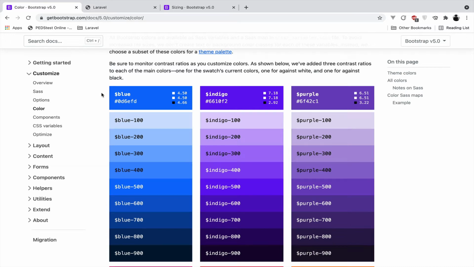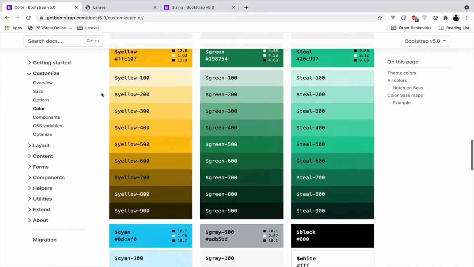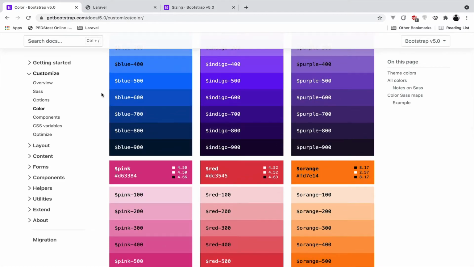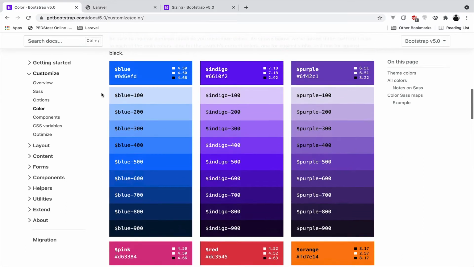So Bootstrap 5 gives you an option to use a variety of these colors in your application, but how do you use them? Because by default Bootstrap have not included these in their style sheet, since as per them including all of these colors will result into a bloated CSS, and if you are in need of a specific color you can pick that up directly from the library and use it.